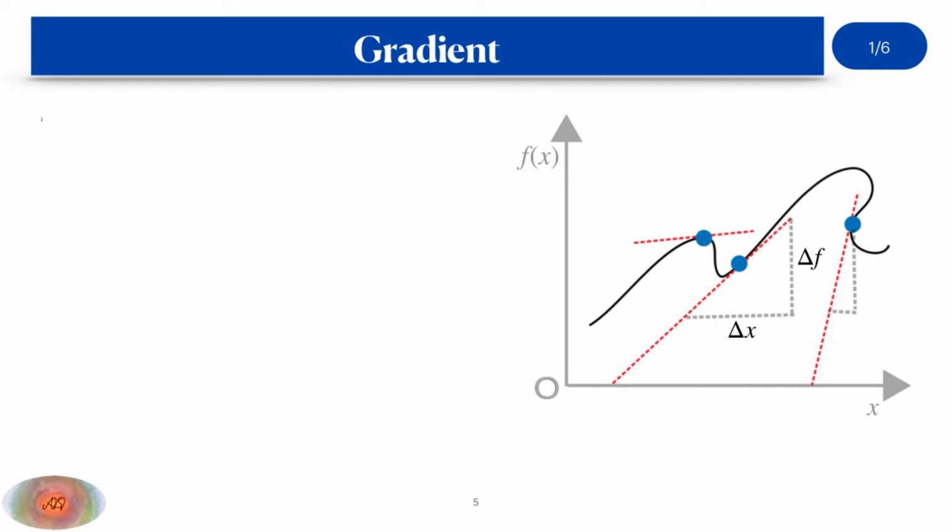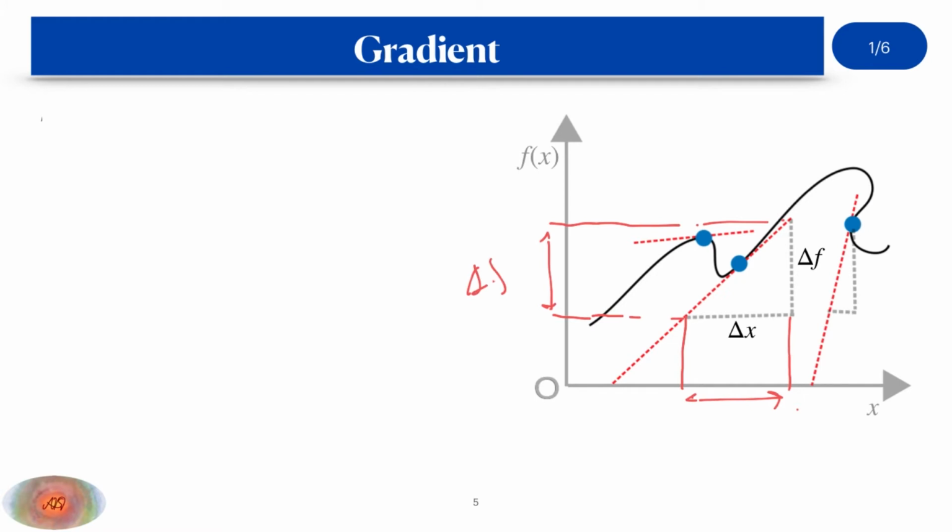Now if you are interested to find out the change in f(x) due to a change delta x around a particular point, suppose around this point or this point or any other point over this function, then just simply draw the reference lines between which you are interested to find the change. So due to a change of delta x between these two lines on the x-axis, you are interested to find out the change in the function.